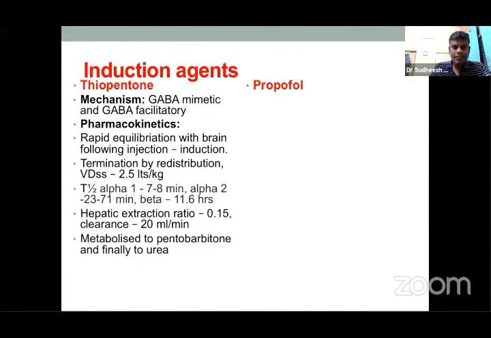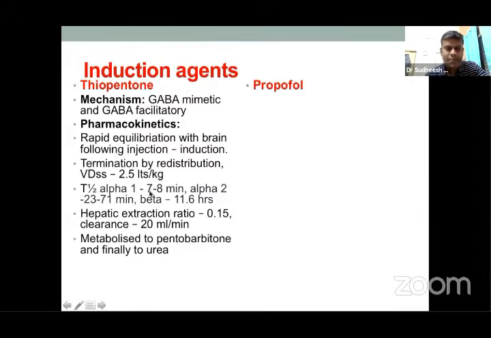This T half is so long that if you give this drug as a continuous infusion, it takes a very long time. The drug gets saturated in the body after a certain period of infusion, and eventually the recovery from the drug effect will take a very, very long time. So that's why you should be very careful while giving thiopental as an infusion, especially when you are using it as an antiepileptic infusion. Okay, and then what does T of alpha mean?